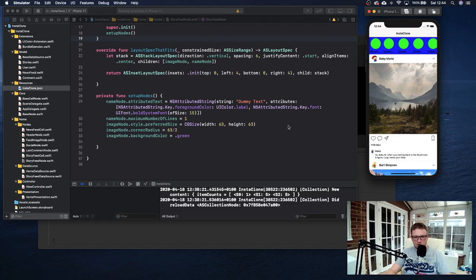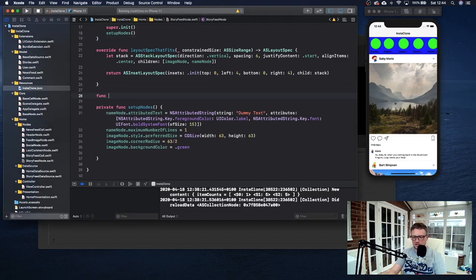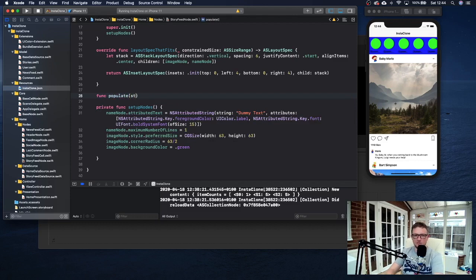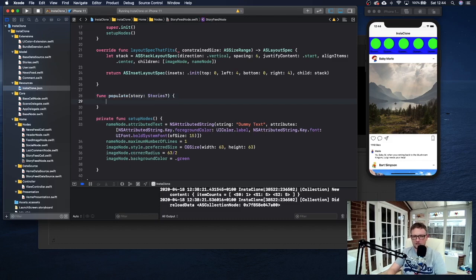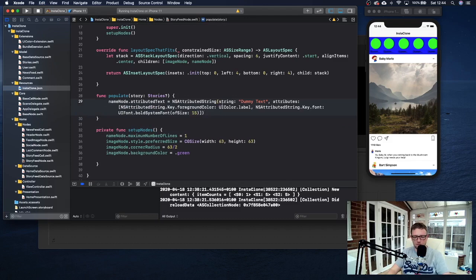So that's enough talking. Now we're going to look at actually populating this story section at the top here, this horizontal scrolling collection view. We're actually going to start looking at populating that with raw data. So first of all, we need to create a new function, which is called populate. It takes in a parameter called story of type Stories, and that's going to be optional. So that's that function, and we need to actually take this block of code here, and we need to paste that in there. And now this needs to get changed to